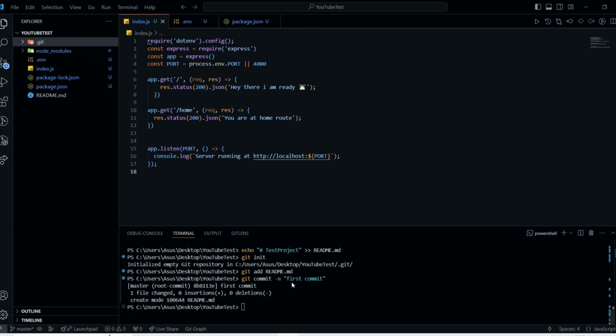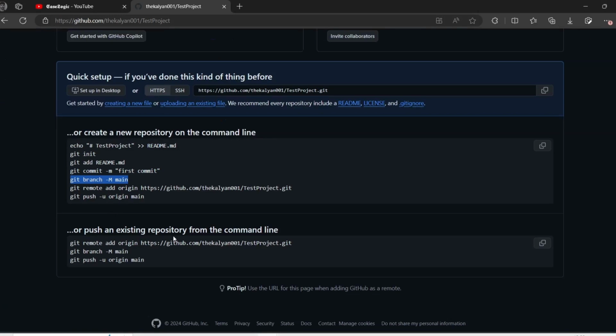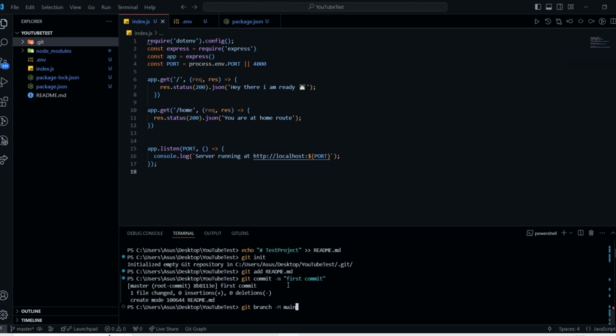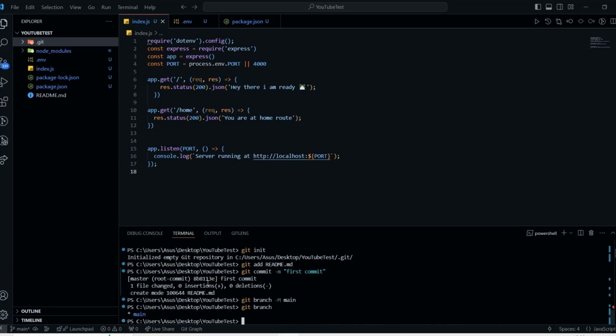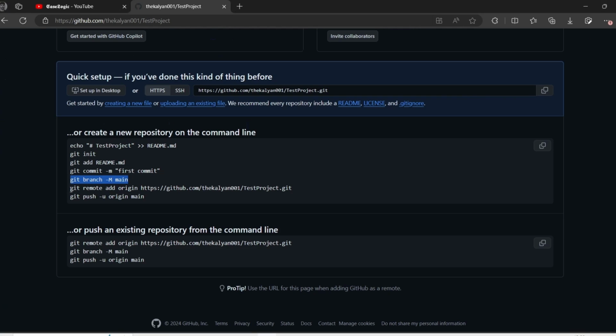Okay, then we are going to rename the branch. By default the GitHub branch is created as a master branch. We are going to rename this branch as main. Now if I check the branch name, then you can see the branch is main. And we will add the remote origin,